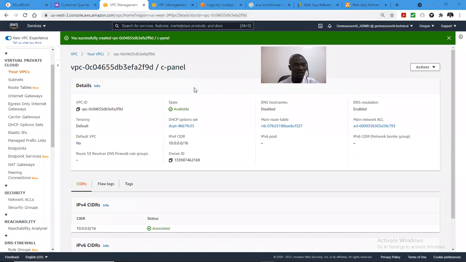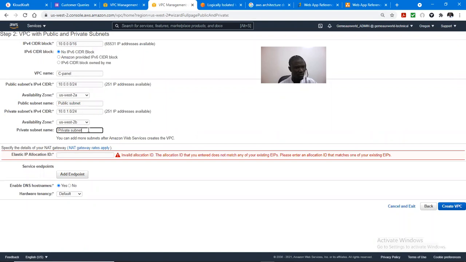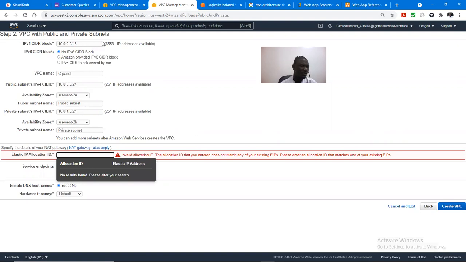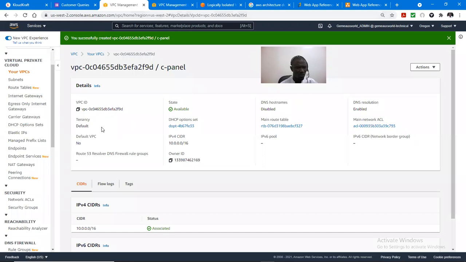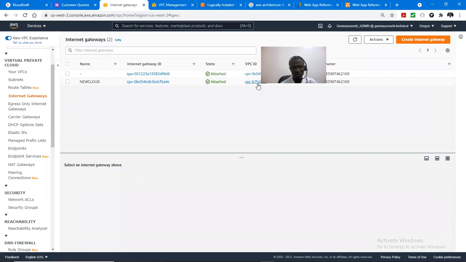I guess we should just create it afresh. Since we are still going to come back to that and we are still going to create our NAT gateway and attach to it, I feel we should just create it from scratch. So we shouldn't waste the time. Let's follow through. I already created a VPC with this CIDR block. We're going to create an internet gateway so that we can have a public and a private subnet to it. So create an internet gateway